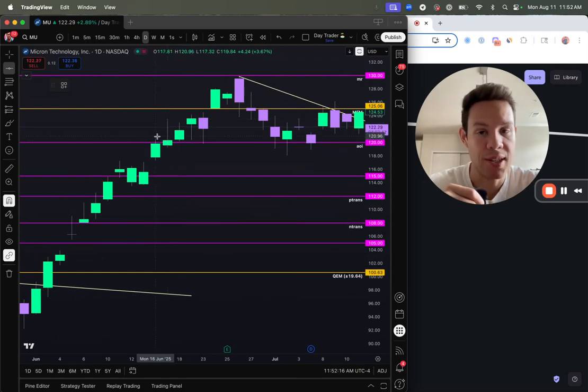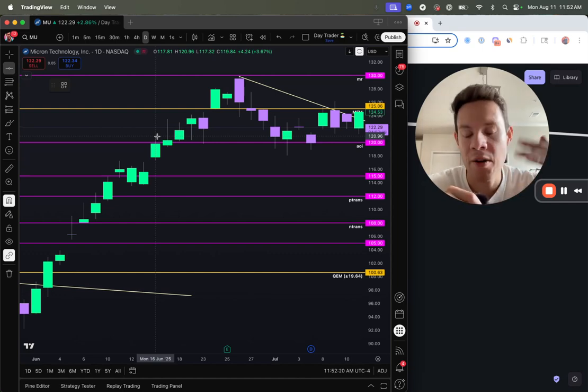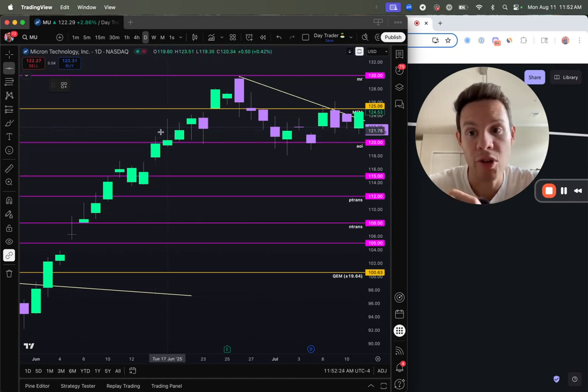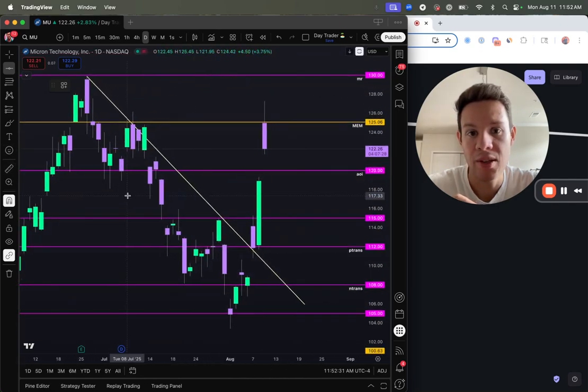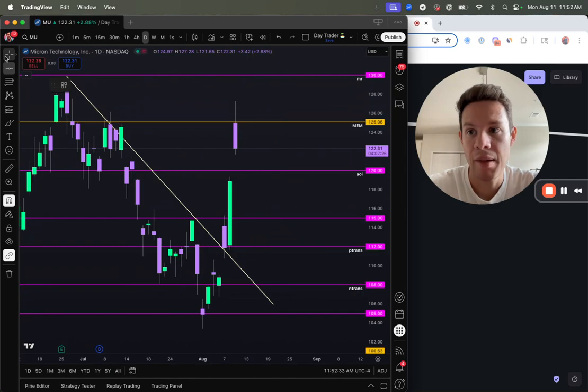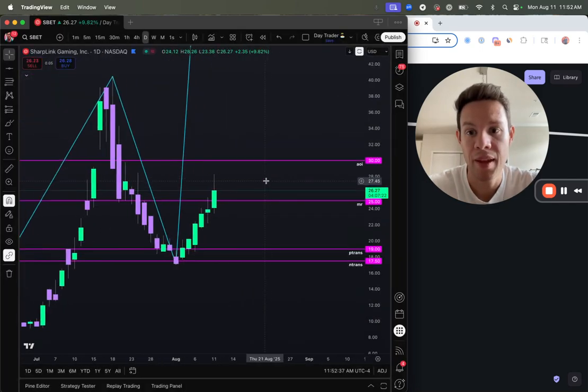It makes it really easy to just align the horizontal line or whatever you're using into wherever specifically. You could toggle it off too, and then you have more granular control. They also have great tools like this little ruler. So, for example, if we take a look at SBET, which is one of our favorite trades,